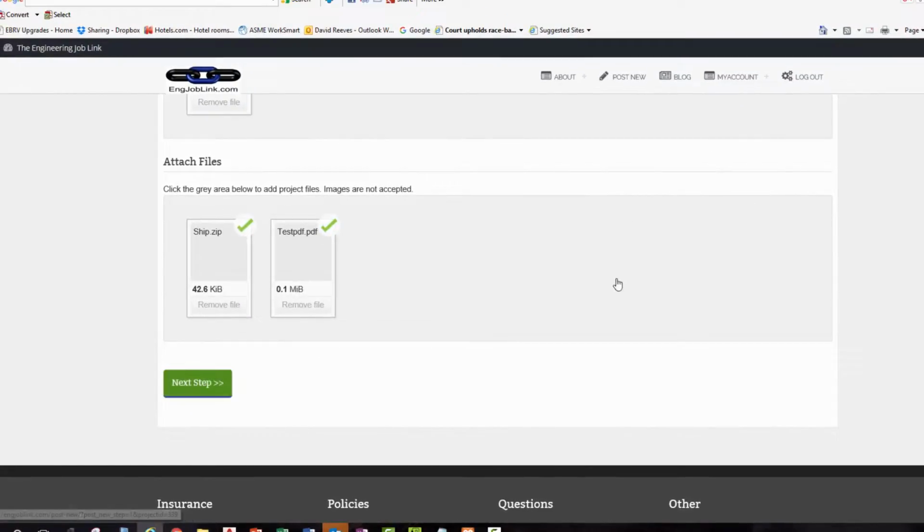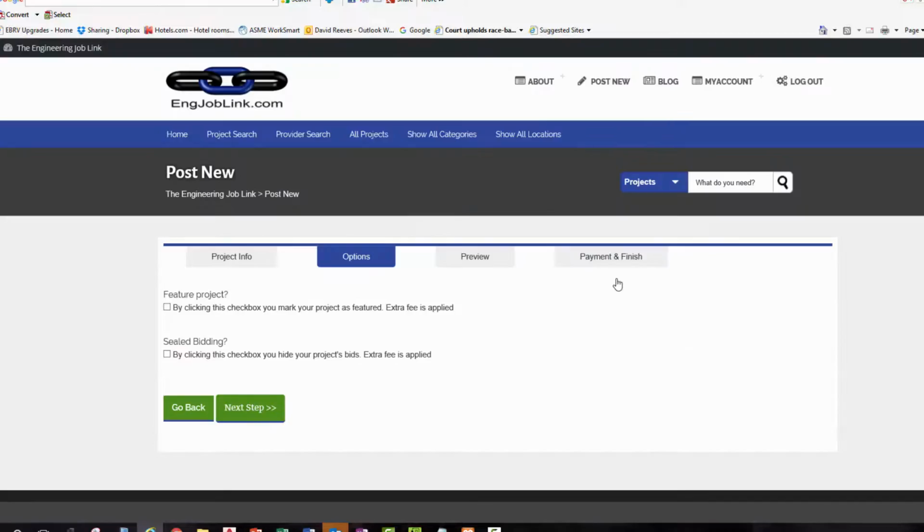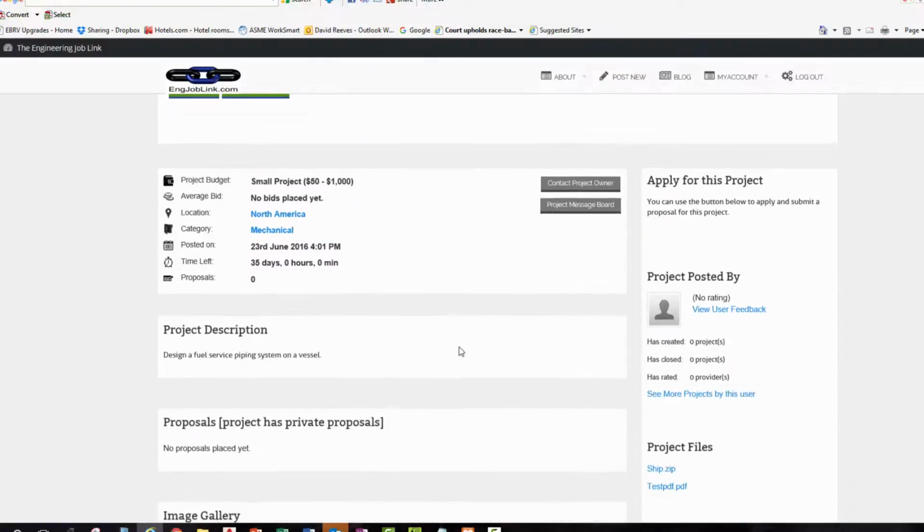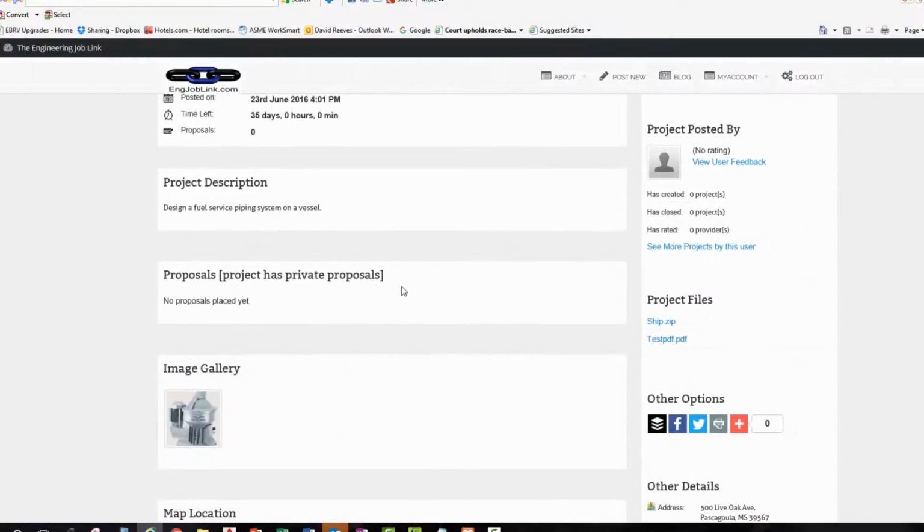All right, hit the next step and let it think for a second. Usually it scoots right on over there. And here are some options. Now these are a small fees added. I'll show you the fee on the last tab here. But I'm going to click them both for featured project and for sealed bidding, so you can see what that ends up being. All right, hit the next step, and you can preview all of your description and your files